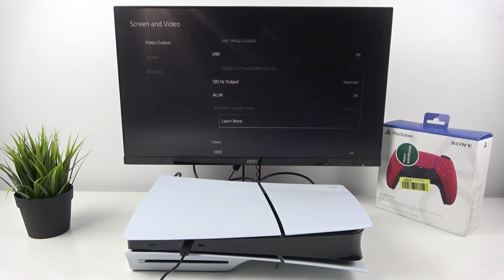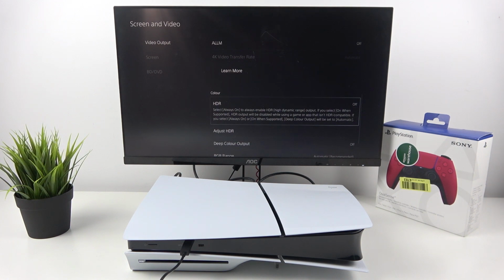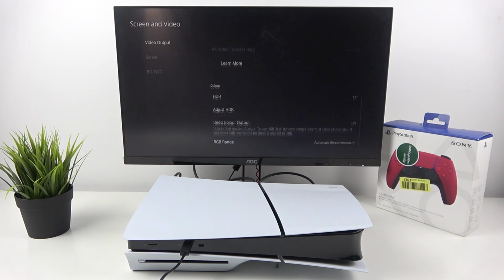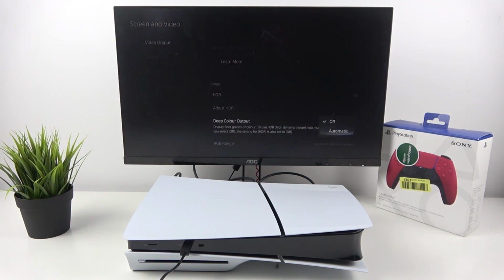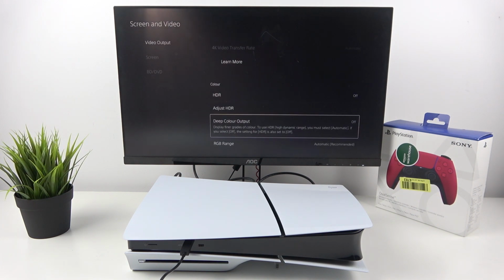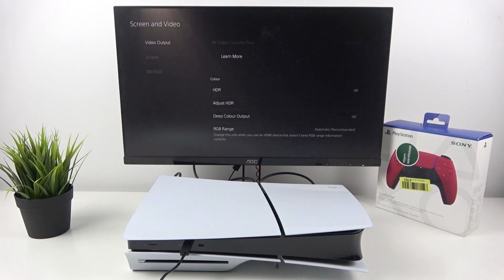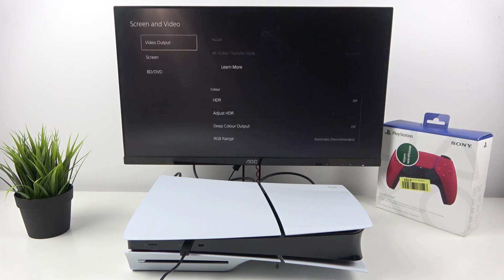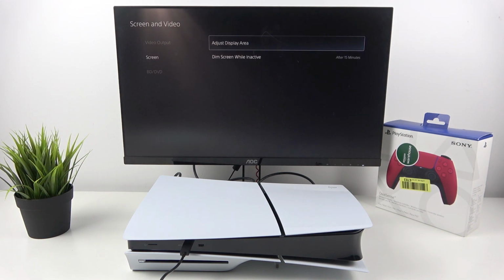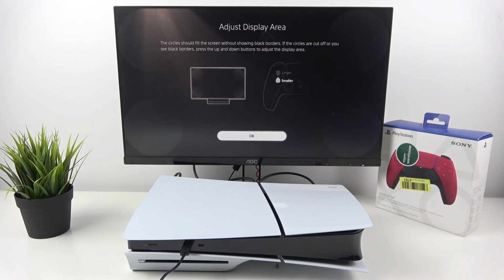4K video transfer rate. You can enable HDR, you can adjust HDR, you can change deep color output mode and change RGB range mode. In the end you can manage display area,